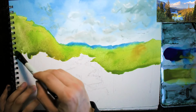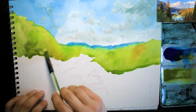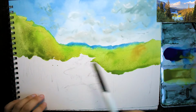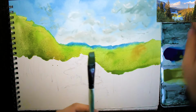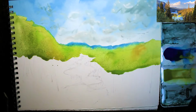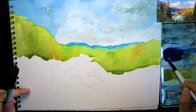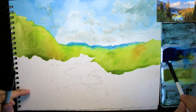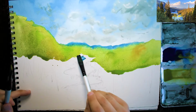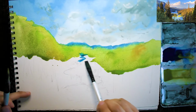So you can't rush this as well. You have to let the paint settle into the paper and, you know, allow you some time to add in some wet on wet effects. And what I'll do as well, I want to get in this little river down the center. And again, I'm using some cerulean blue and getting it to go all the way up to around here, like that. Let it blend a little bit,